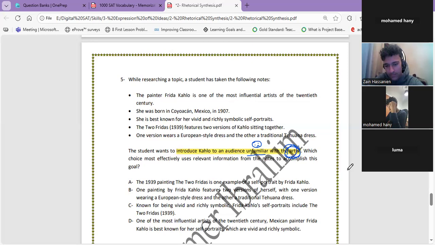If you just messed up, go up to the points and read it carefully. You're going to find that there is something. Talk about the artist only. I need the artist only. Talk more about the artist, that her name is Kahlo, or her name is Frida Kahlo. I don't need to talk about the painting. I don't need to talk about anything else.